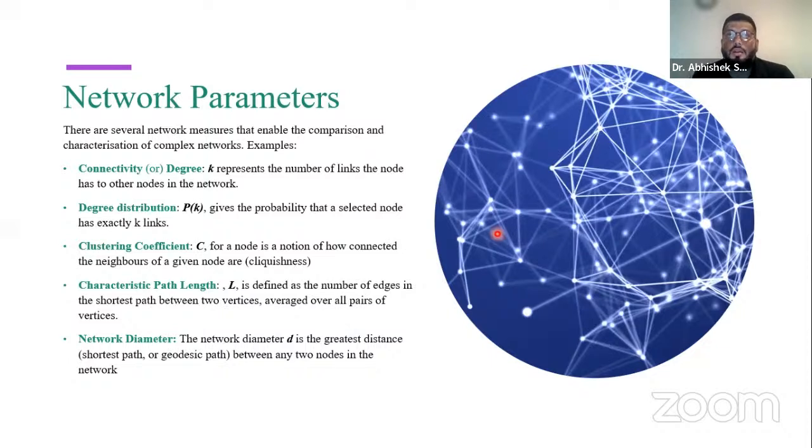They can be quantified, or parameterized, by using software like Cytoscape. Cytoscape has various features by which you can measure these parameters, right? Then degree distribution is represented by pk. It is obtained by counting the number of nodes with k links, like 1, 2 links, and dividing by the number of nodes,